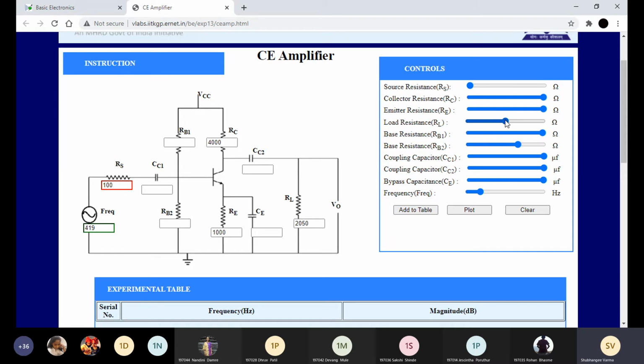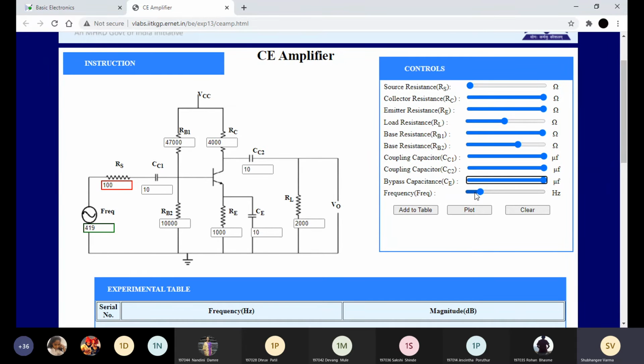RL we are going to keep at 2K. RB1 47K. RB2 10K. Okay. Then all the capacitors we are going to keep at 10 microfarad.